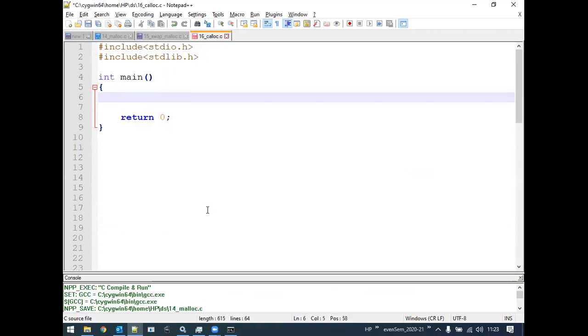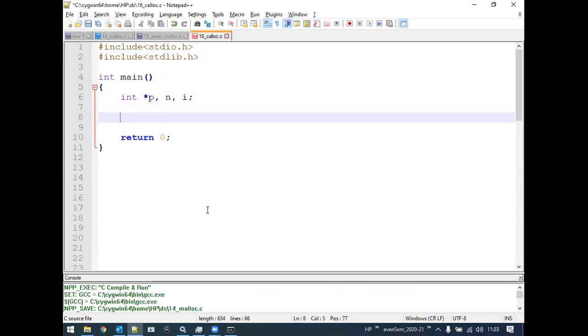Now, int asterisk p. Let me make use of only one variable, and I need to specify the size, right? So I can take a static variable n to specify that, so that we can have a proper for loop. Then I also require a variable i to store the count for the looping statements.